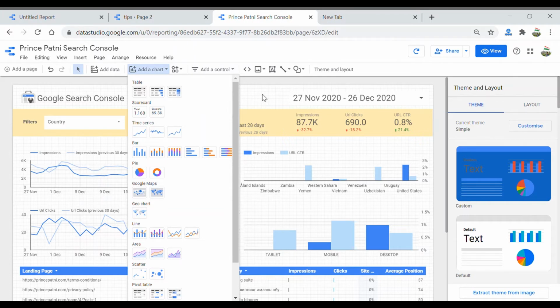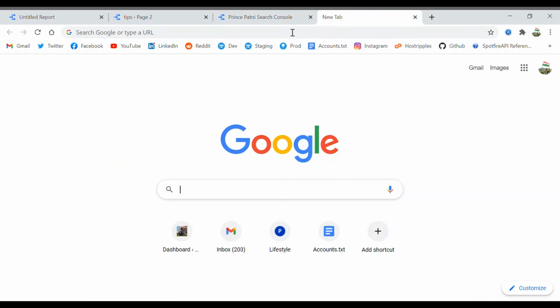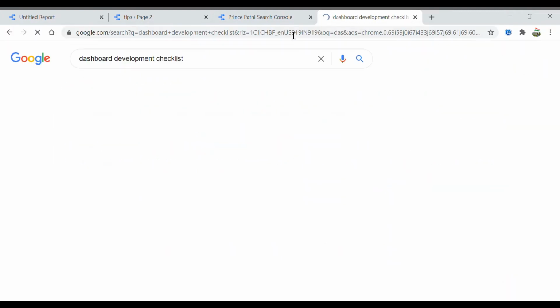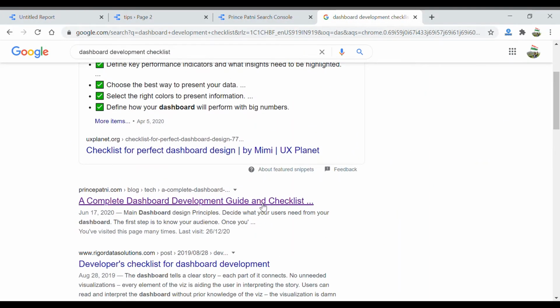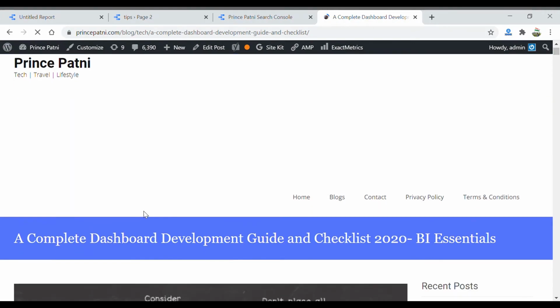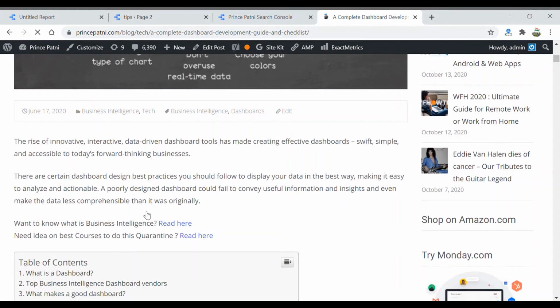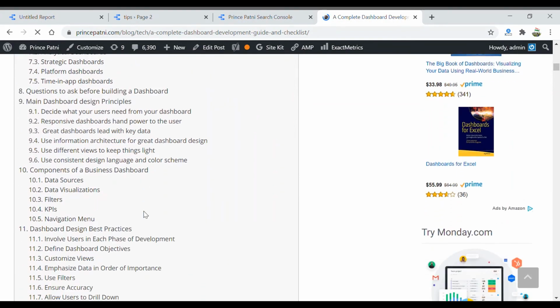Let's go to Google and search for Dashboard Development Checklist. I have a blog written on it. Let's just click it. There are a few dashboard design principles outlined in this blog. Let's straight away run to